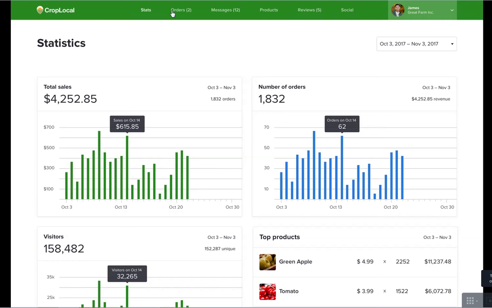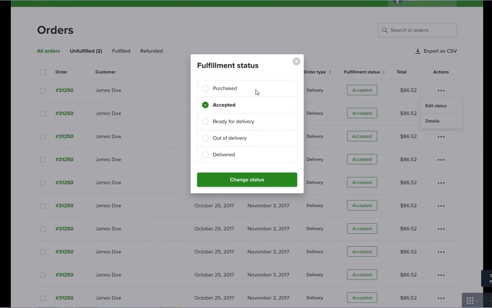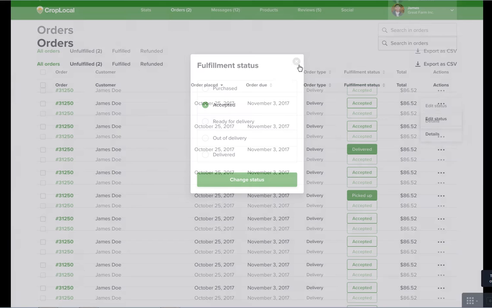If we continue through the farmers backend page here, we can jump into the orders tab. So when an order comes in from a consumer, this is where you're going to see which orders are still unfulfilled and need to be picked, packed, delivered, or picked up by the consumer. And there's different statuses that you can actually list for each one of those. So if the purchase has been made, the farmer or you have accepted it, that it's picked, packed, and ready to be delivered, or it's picked, packed, and ready to be picked up, if that is the other option that